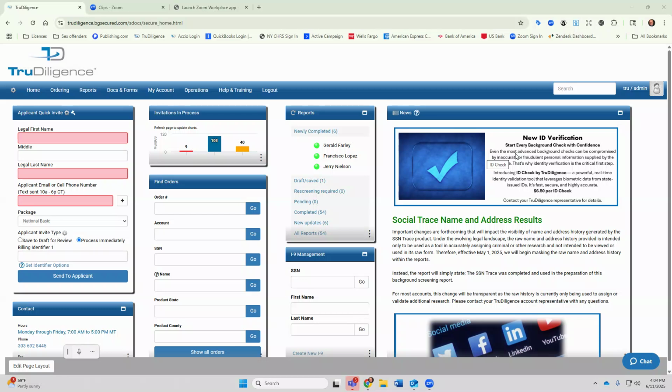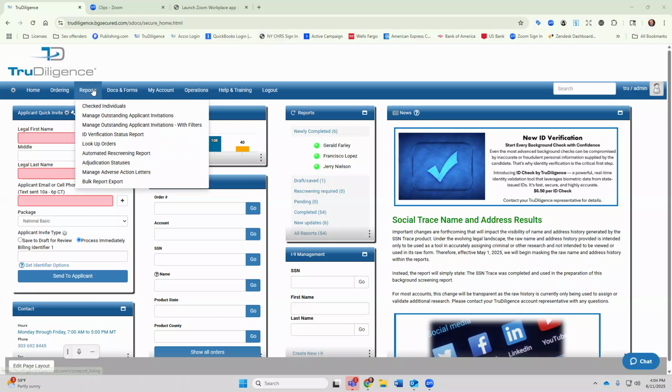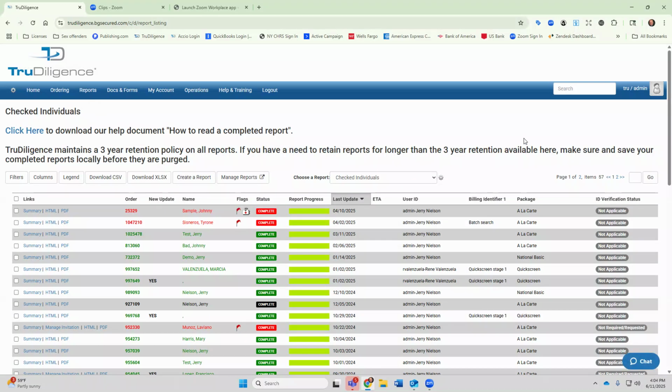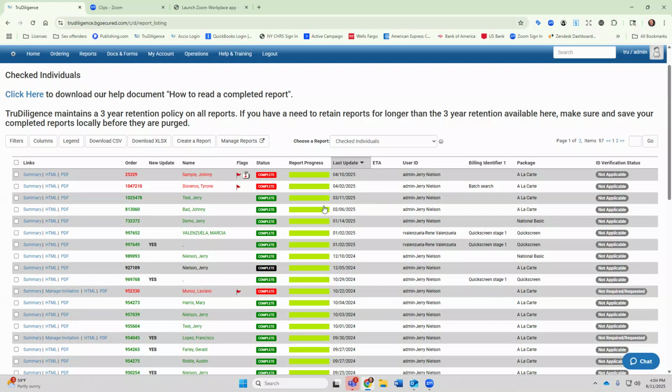In this short video, we're going to dive a little bit deeper into the results functionality on your True Diligence account. To get to your results, once logged into the system, you'll simply come to the top and hover over Reports and select the Checked Individuals option. Selecting Checked Individuals will take you out to the report listing page showing you all of the reports that are